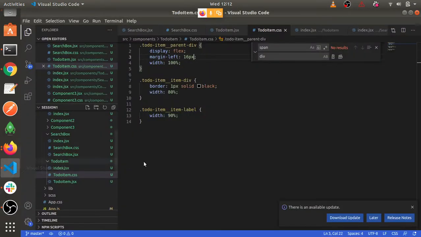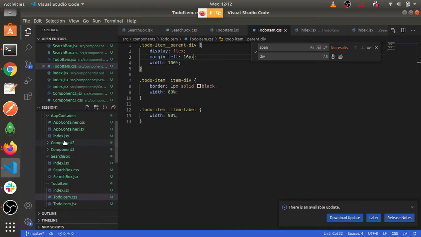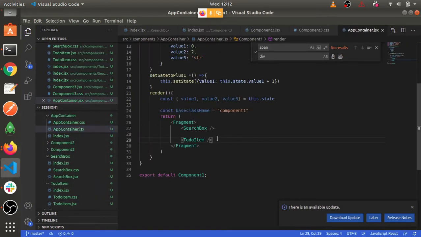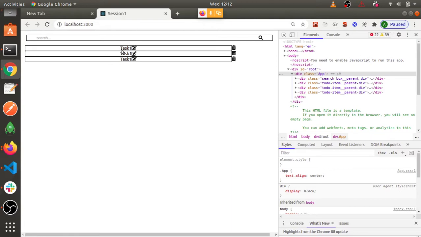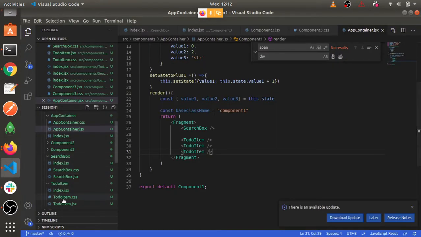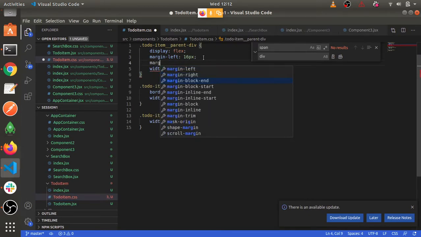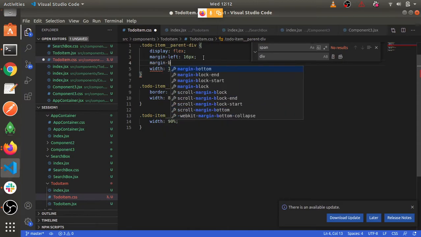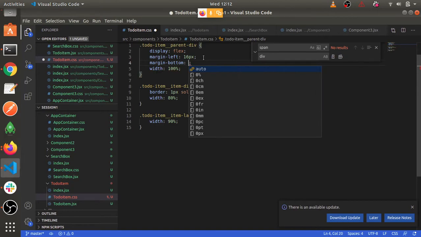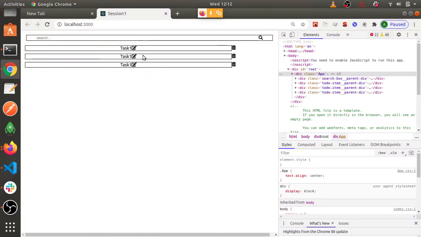Okay, next thing I'll show you how to repeat this in multiple places. App container is being repeated, this thing is being repeated multiple times, Control Z, Control C. Now this thing will come at multiple places. You can see 1 2 3. To this I'll give margin bottom, a little bit. So now they will not overlap anymore.